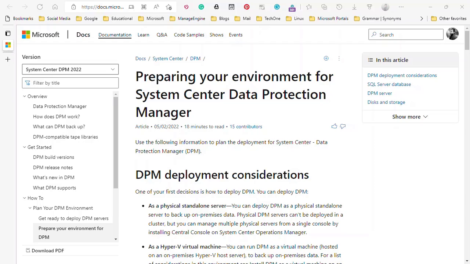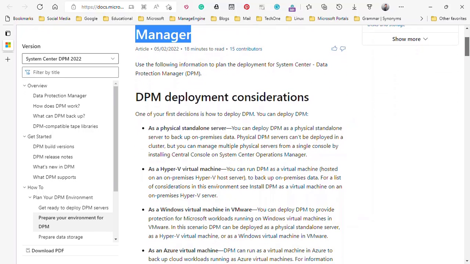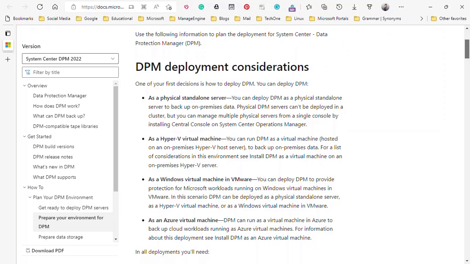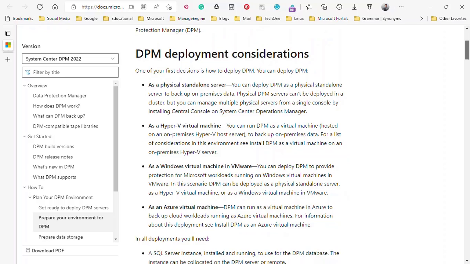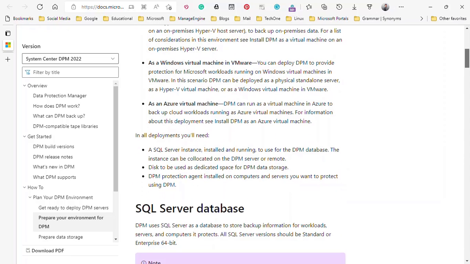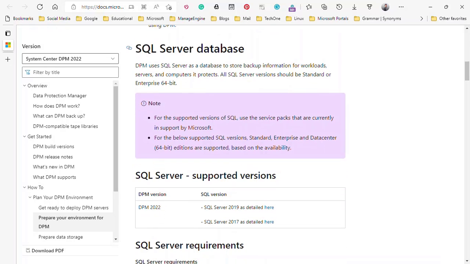So here you could see the screen, and this is the Microsoft official documentation of System Center deployment, right? Here under DPM deployment considerations, of course you can plan the deployment as you please, as needed. Since what I'm going to do is a lab setup, I am going to stop at SQL Server database, and